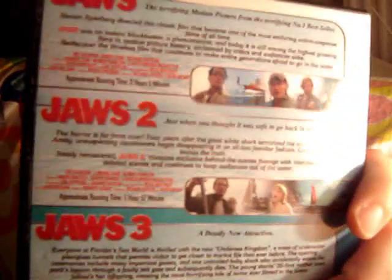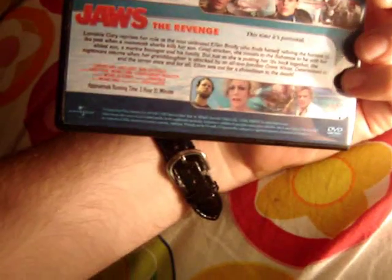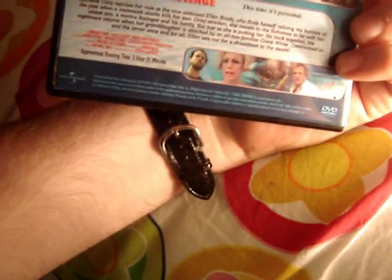Then we've got Jaws. No, please don't flame me. Hang on, wait, listen to what I've got to say. Not Jaws the original, not even Jaws 2, which wasn't quite as good, not even Jaws 3, Jaws 3D, which is still piss poor. I'm talking about Jaws the Revenge, Jaws 4, starring Michael Caine and some other people as well,